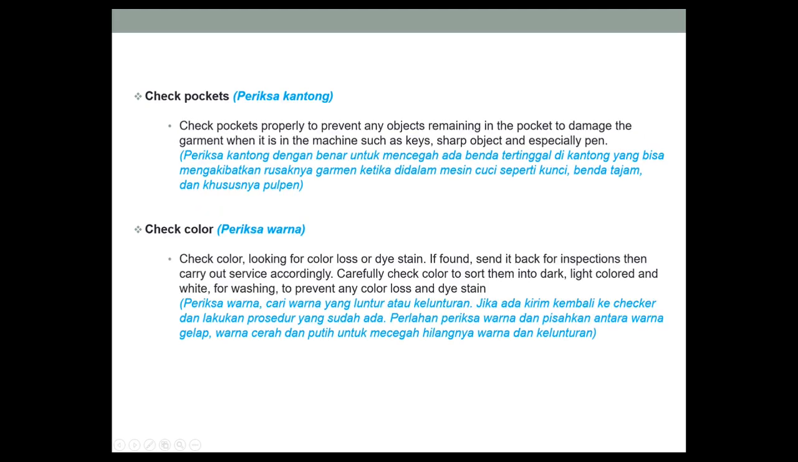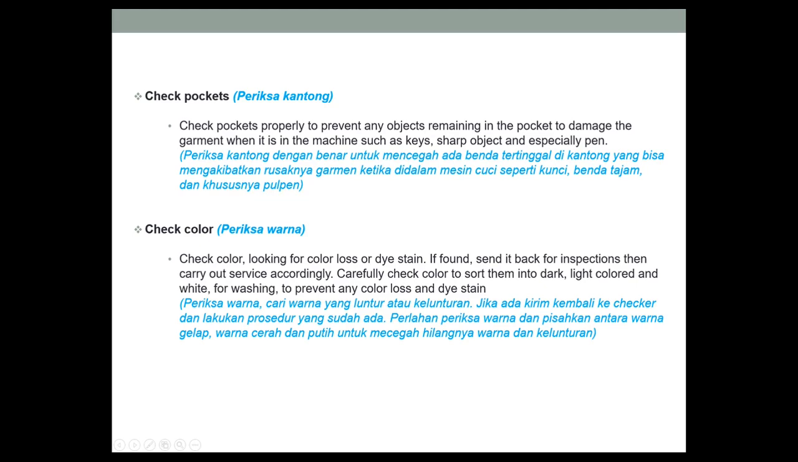Check pockets. Check pockets properly to prevent any objects remaining in the pocket to damage the garment when it is in the machine, such as keys, sharp object and especially pen. Check color. Check color, looking for color loss or dye stain. If found, send it back for inspections, then carry out service accordingly. Carefully check color to sort them into dark, light colored and white for washing to prevent any color loss and